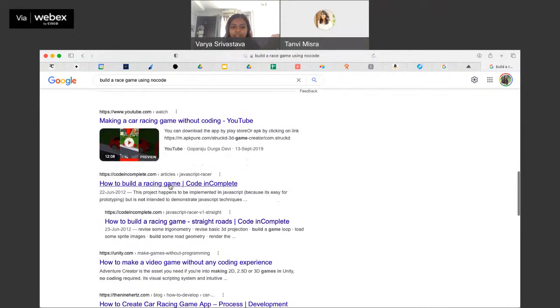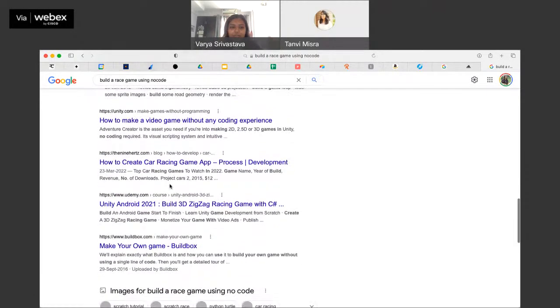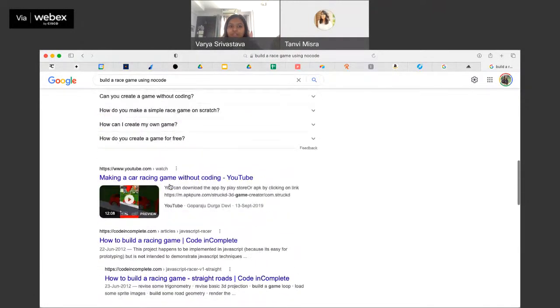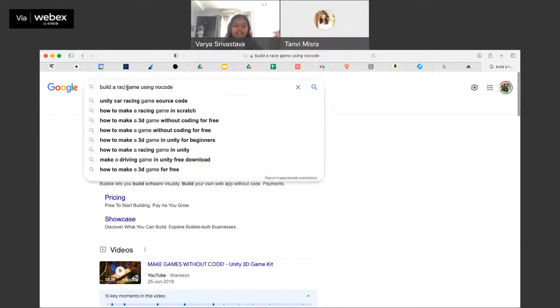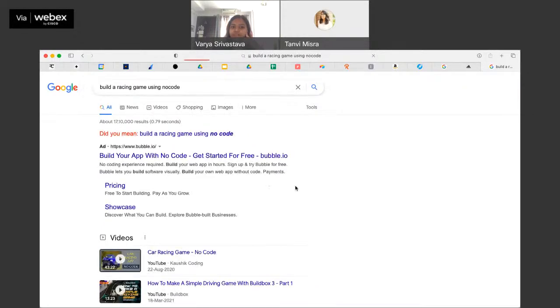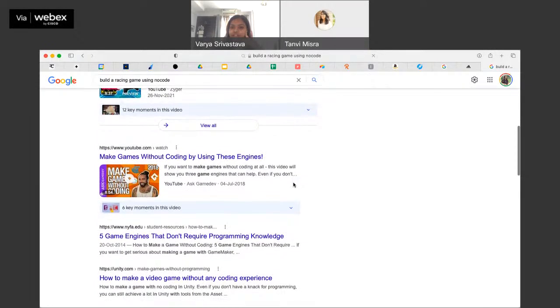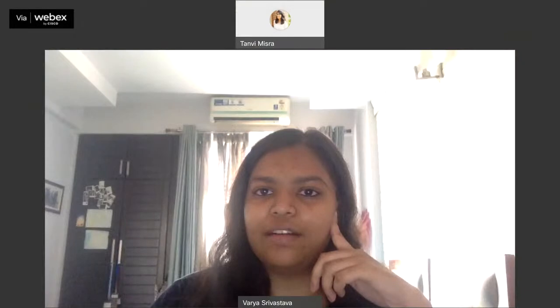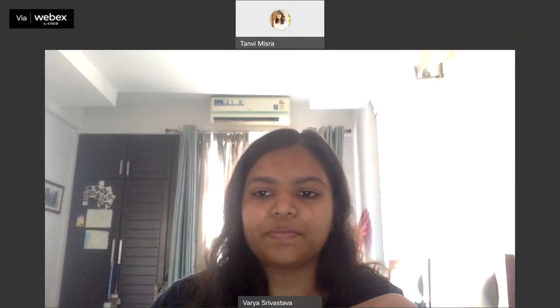There's Code Incomplete, there's Unity. So all these things that are there, you can build with. You can go through this. I did something as simple as just Google build a racing game using no code, and you'll find multiple ways of doing that. It's as simple as Googling and trying to find the right combination of tools to do it.